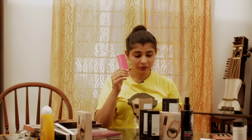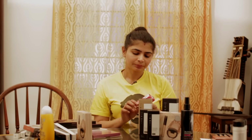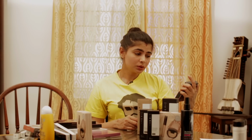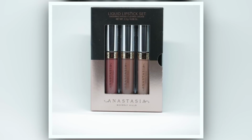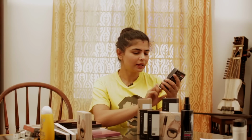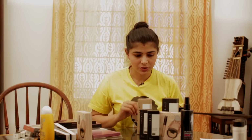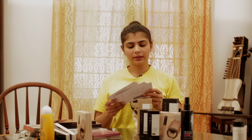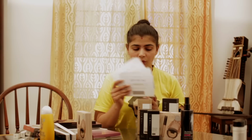So I really like this, and I think I might be trying other shades in Jeffree Star Cosmetics line based on how I feel about these two. I also bought the liquid lipstick set from Anastasia Beverly Hills. This was a pretty good deal. It comes in Dazed, Bittersweet, and Hudson. I think I have a lot of nudes in my collection now. I must stop. Okay, so that's what I bought from Beautylish, and I got these 6 gift cards which I have used